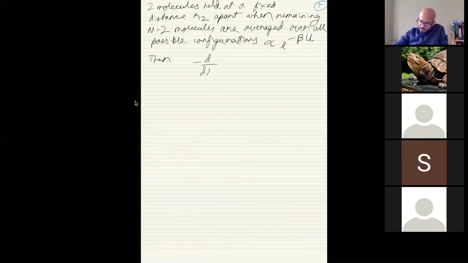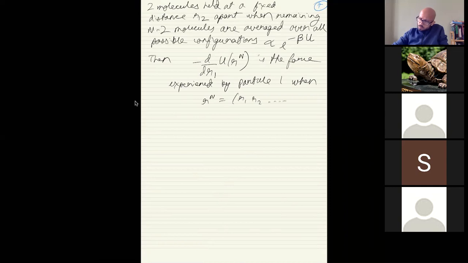Then minus d by dr1 of u of Rn is the force experienced by particle 1 when the positions are R1, R2, ..., Rn, right? For all given values of the particular R. And the average of this thing, minus d by dr1 of u of Rn, is the mean force